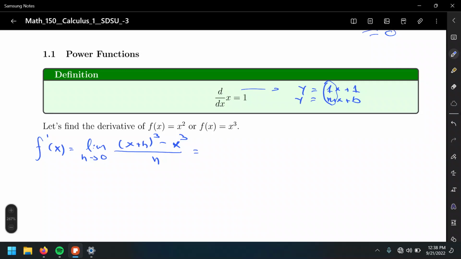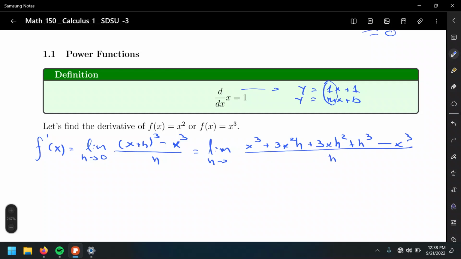You need to use the binomial theorem that you learned in pre-calculus. If you don't remember this, I'm just going to give you the answer. I won't expect you to know this binomial. So that's going to be x cubed plus 3x squared h plus 3xh squared plus h cubed minus x cubed